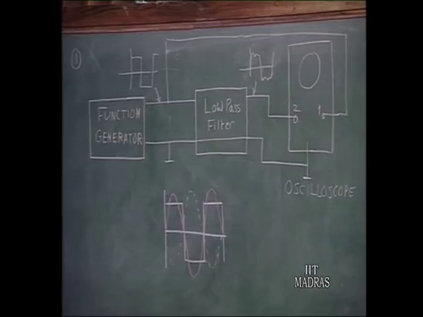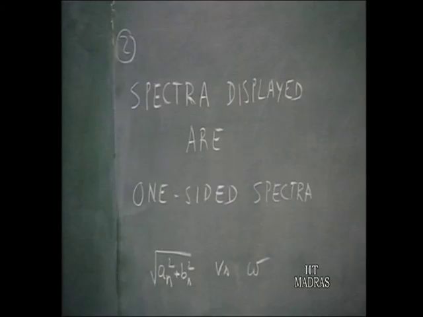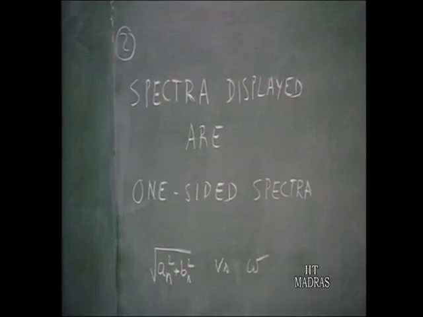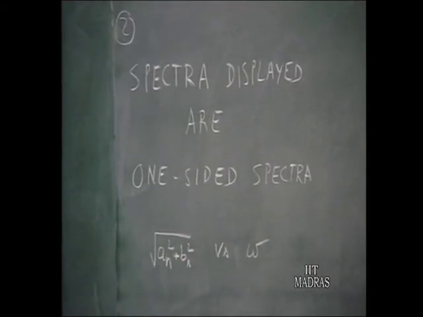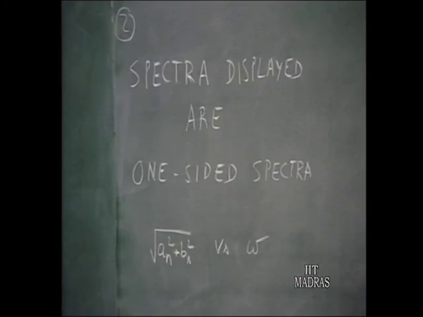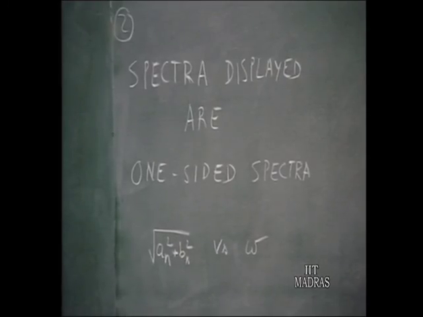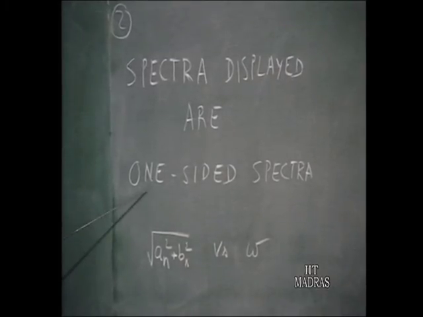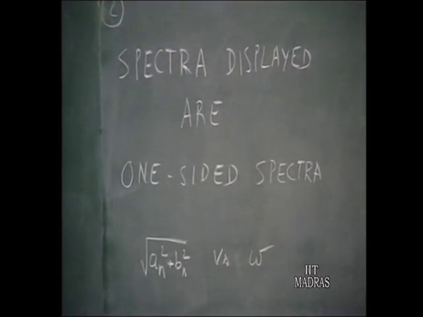Now let us move on to the second part of the experiment, where on the computer screen you have seen the spectra that are displayed for different types of waveforms. The spectra that are displayed there are one-sided spectra, not the two-sided spectra, not Cn versus omega for both positive and negative values of omega, but only for positive omega we are talking about the amplitude of the sinusoid versus omega. So that is why the DC is at one end of the displayed spectrum. So it starts from DC and goes up to higher frequencies. So you recall that this is a one-sided spectrum, whatever is displayed, not the two-sided spectra